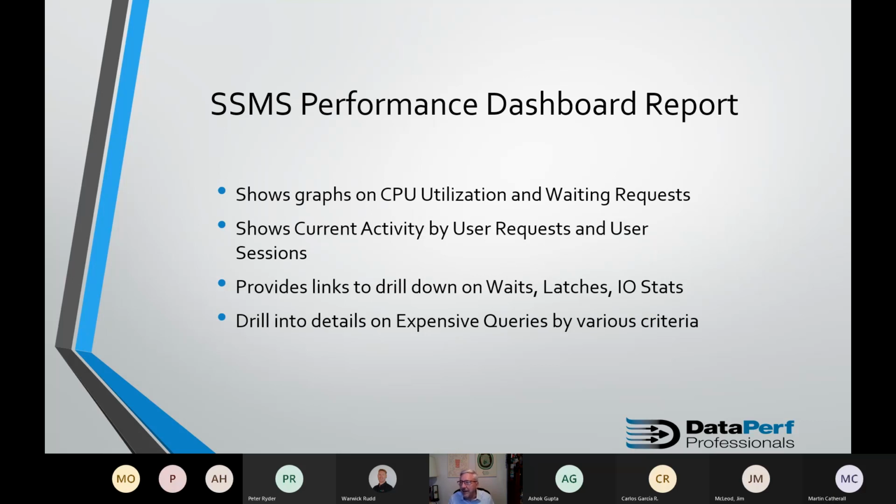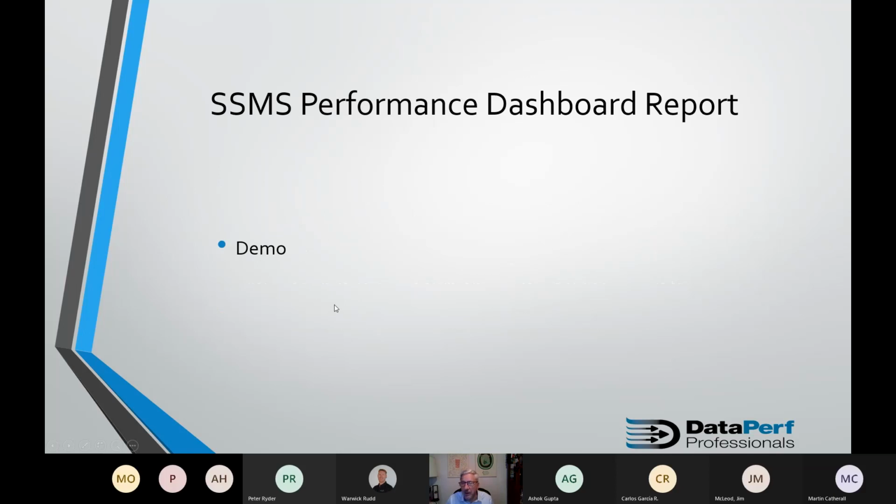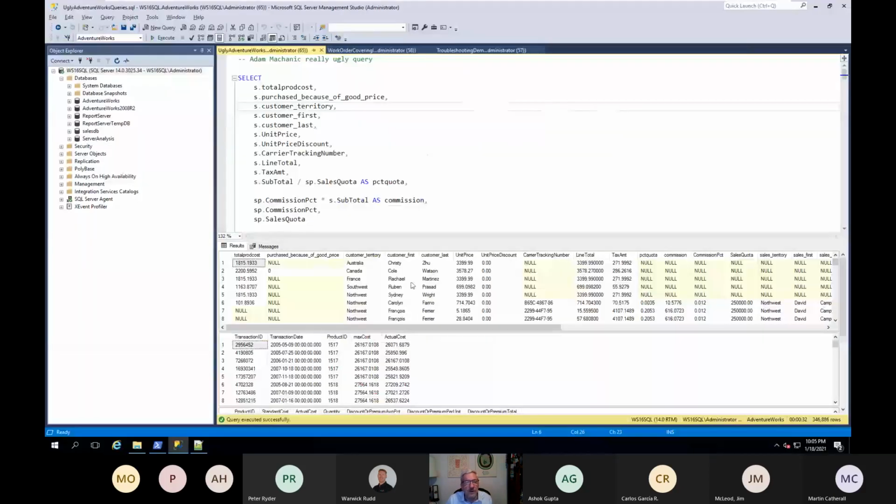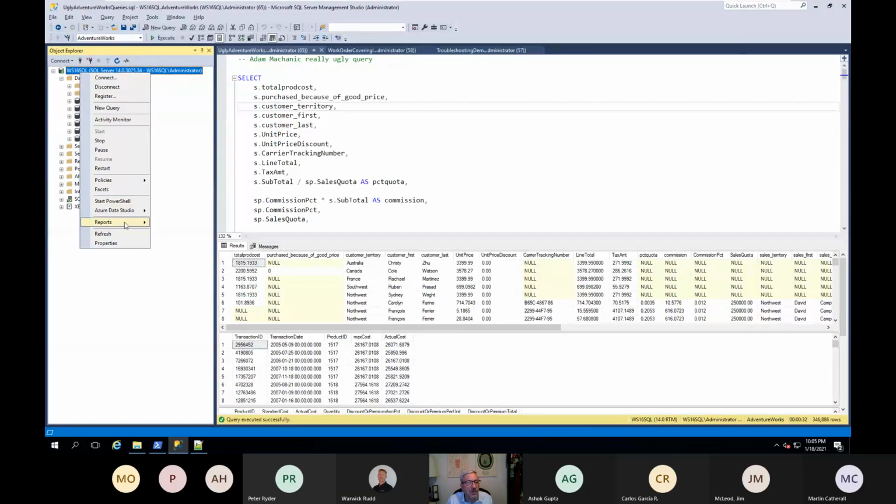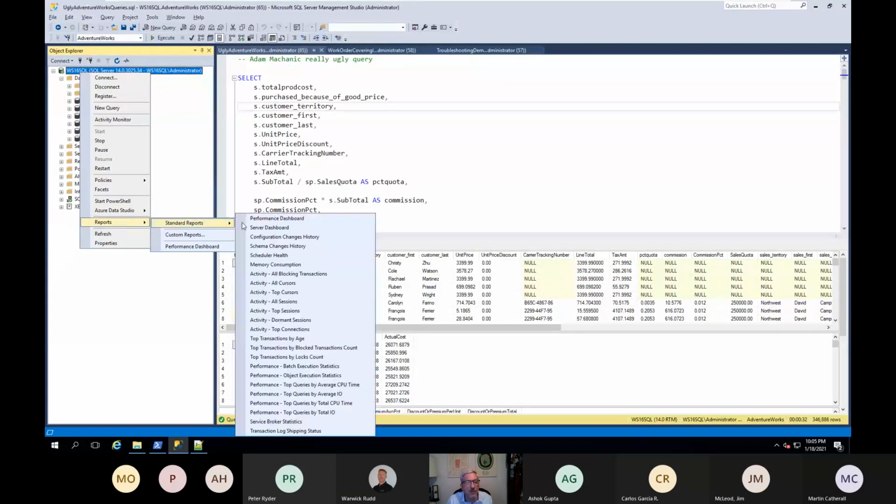And again, it gives you information about those expensive queries that we talked about with Activity Monitor, but just using the report that's built into Management Studio. How do I get there? I go down to Reports, Standard Reports, Performance Dashboard.